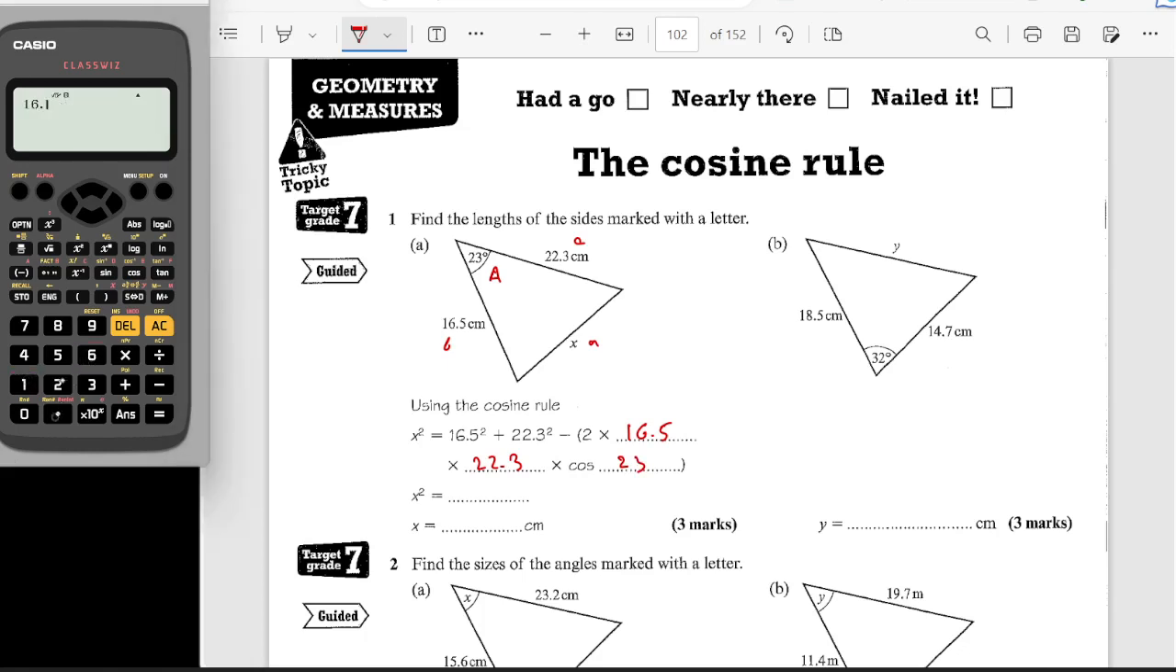So 16.5 squared plus 22.3 squared. I've gone the long way around. Typing that in, minus two lots of 16.5 times by 22.3 times by cos of 23. That gives me